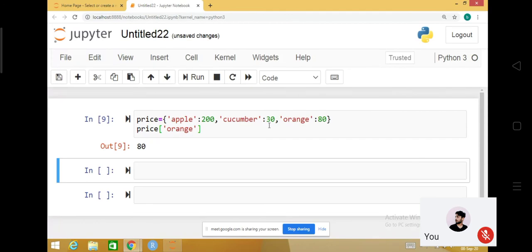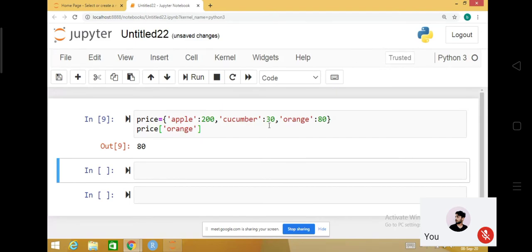If things are number based only, fine. If the keys are numbered, then only you can do it, because sum is also being performed over the keys, not the values. Okay. Now if you want to delete the key value pair, or suppose you want to do something more with that, you may want to update the value, what you can do?